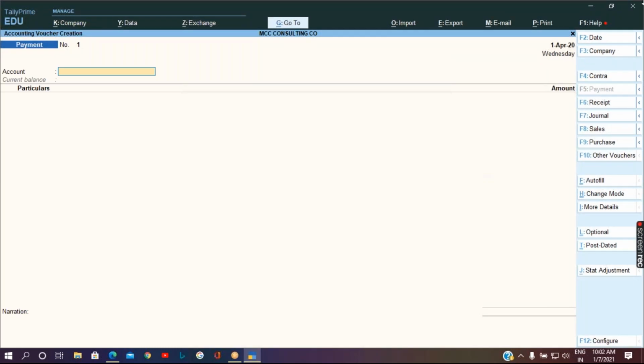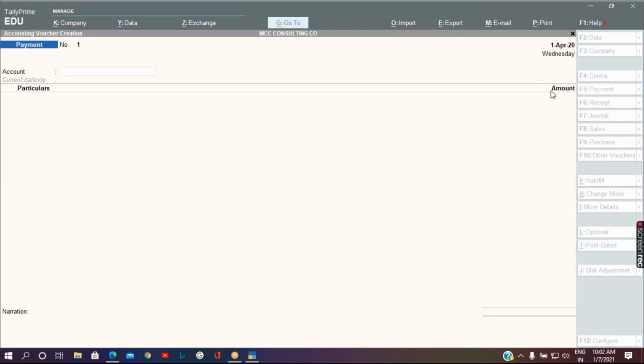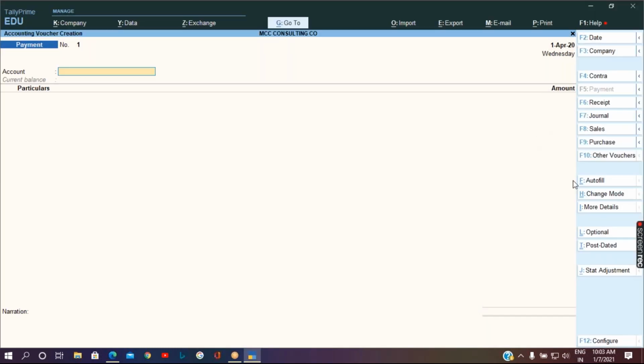Then you can see the shortcut keys on the right hand side. So what is the shortcut key for the receipt? Very good. So we are going to press F6 for the receipt transactions.